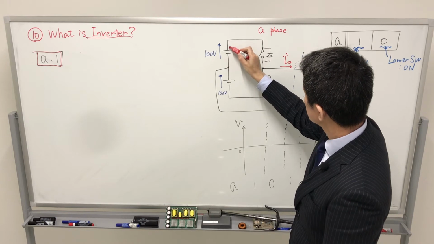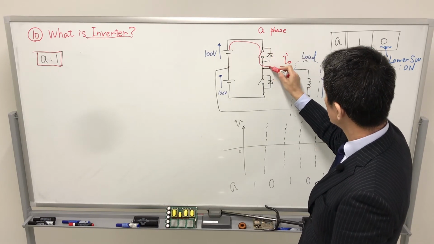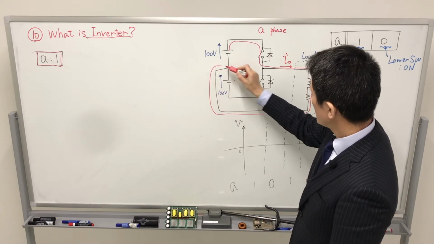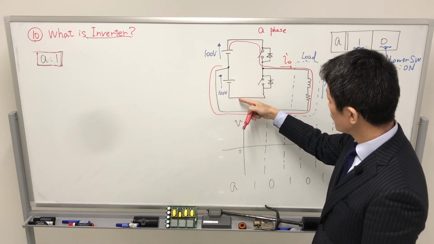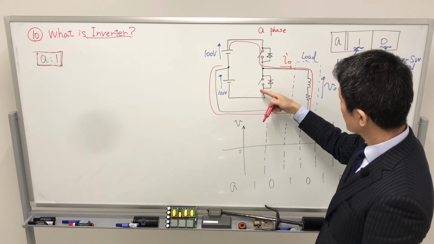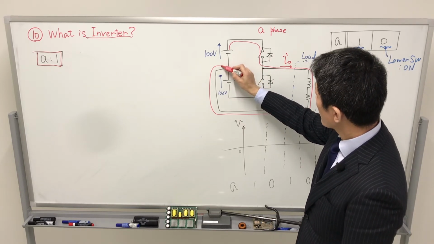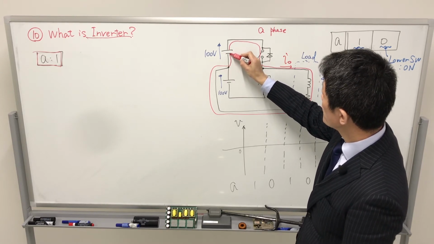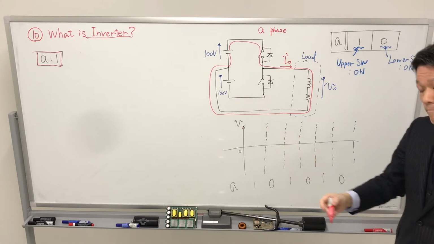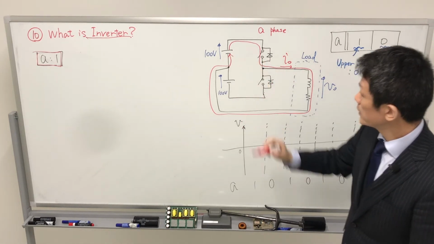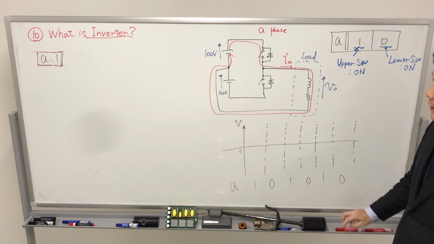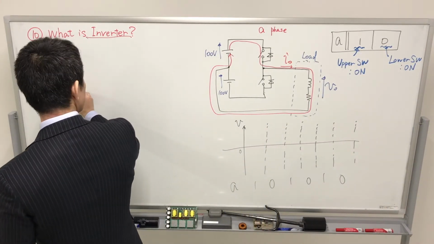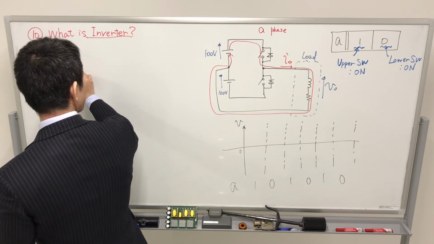So plus goes to the switch on and flows through the load, and we cannot go through here. So current must flow through the loop. This is the A equals 0 current loop. So that means the equivalent circuit is the